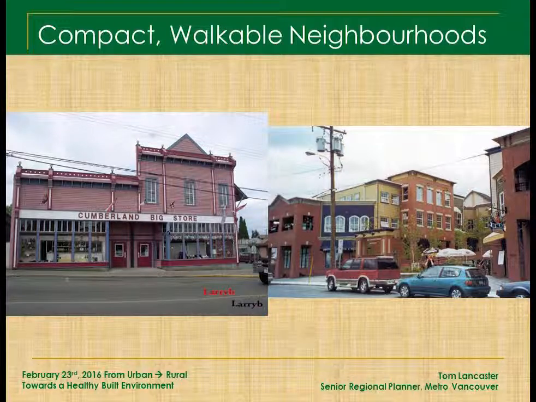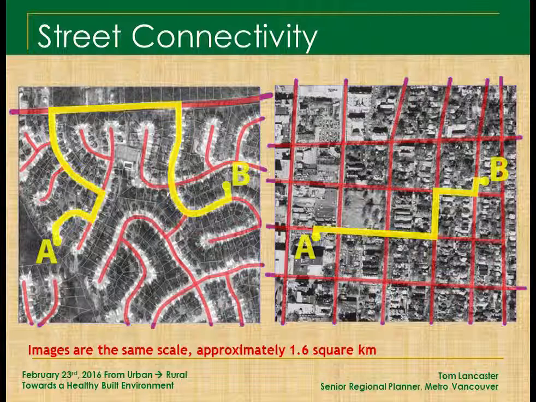This is a fun one. So these 2 locations, A and B, these are both to scale, exactly the same scale. And so if you took a linear distance between those 2, they're exactly the same distance apart. But if you had to walk from one to the other, the distance traveled is so much greater. And so we get in the car and do it because we're lazy. Anything beyond about 400 meters-ish, 500 meters at the most, people will jump into a car. There's science that shows.